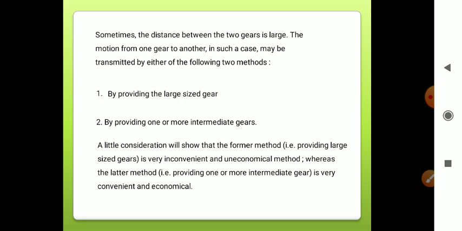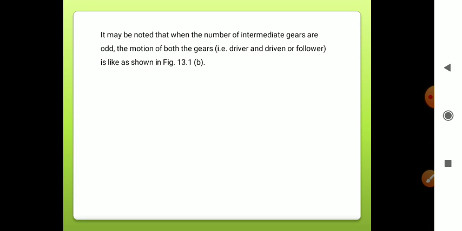That means by using idler gears, or we can say small gears, intermediate gears, this is a very convenient and economical method. Okay, so we can use this method. It may be noted that when the number of intermediate gears is odd, the motion of both gears,